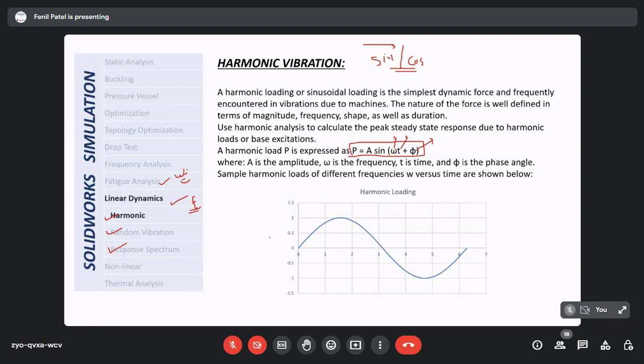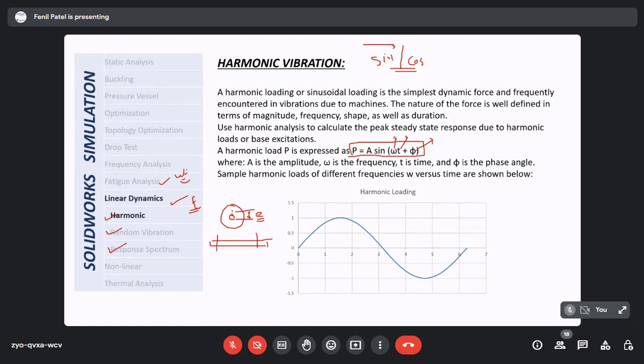When the rotor is rotating, if there is an offset between the CG and the shaft, suppose this is my rotor, so here is my CG of rotor and this is my shaft. If there is some eccentricity present, E is my eccentricity, and here is my bottom stand. So what is going to happen is, here I can feel that my body is subject to harmonic